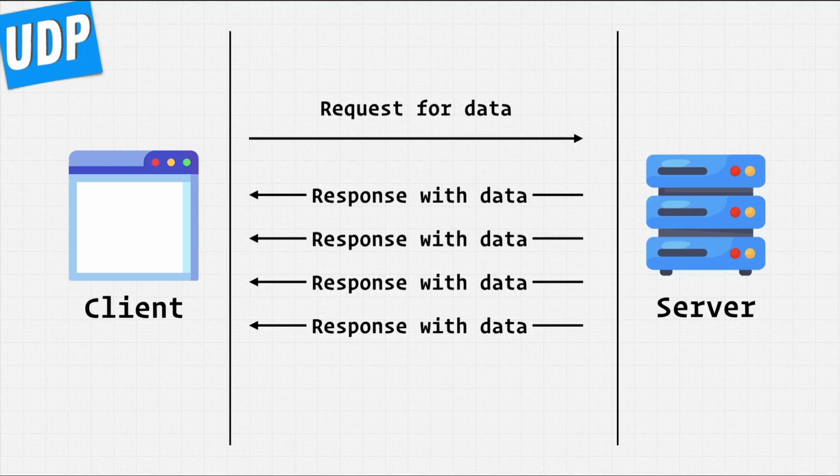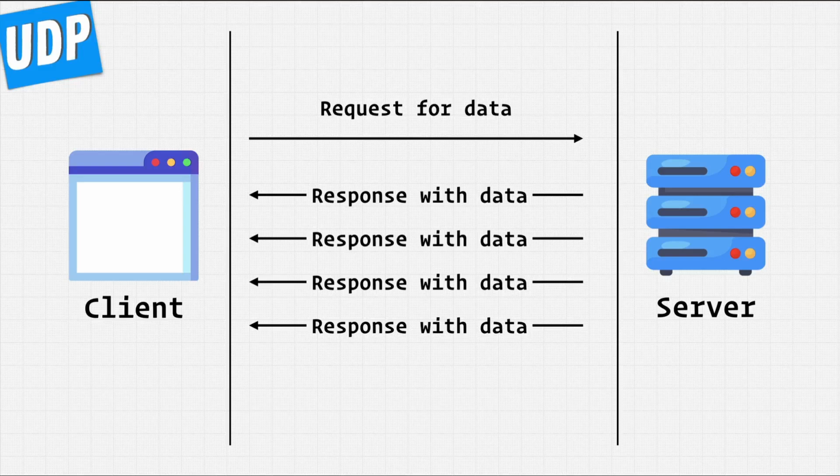It is a much faster and simpler, and you can say a more efficient protocol because there is no connection here. That server will just keep sending and sending data in that direction, hoping that the client gets it. But if it doesn't, that does not matter to the server. So here, you don't get guaranteed data delivery, and there's no retransmission at all. Because again, how do we know we need to retransmit if we don't even know that the client didn't get some part of the data? That is pretty much the thing about UDP.